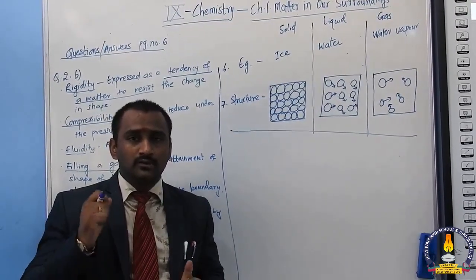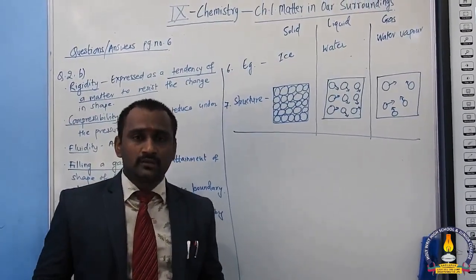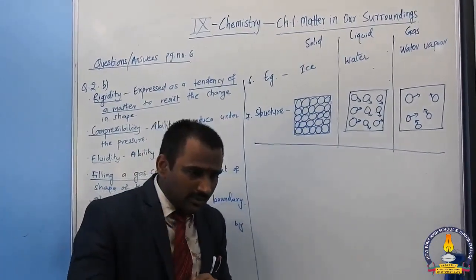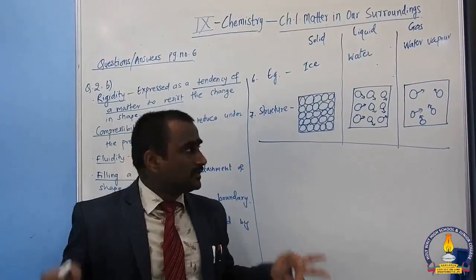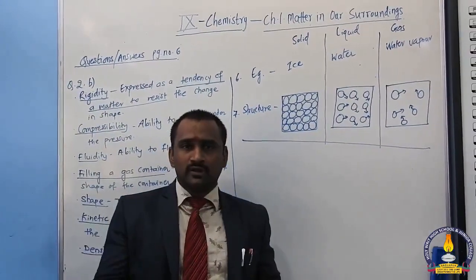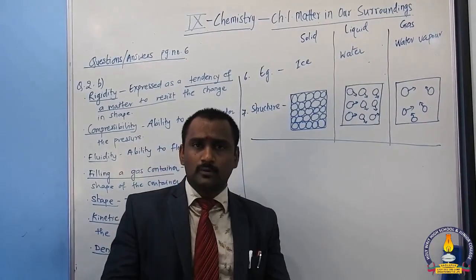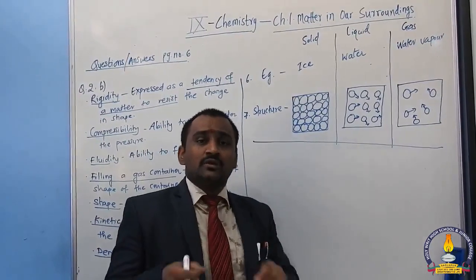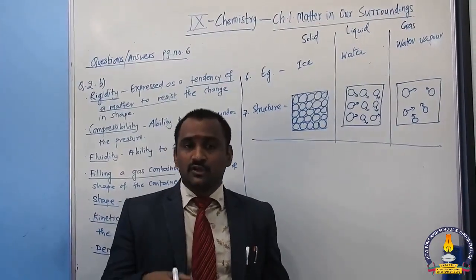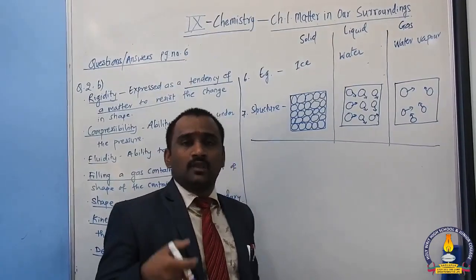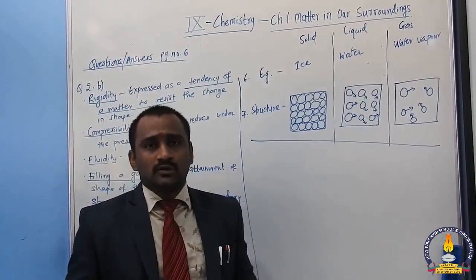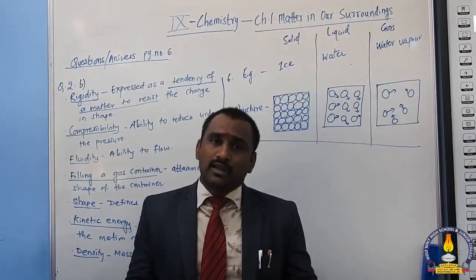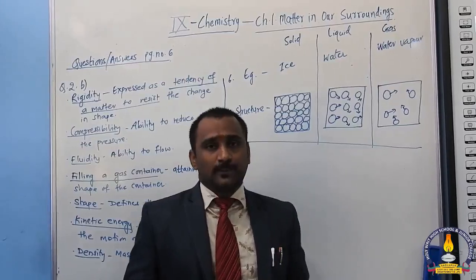If we hammer the wood one time, then it will not break. If we hammer it 2, 3, 4, 5 times, then it will be broken. Now the third thing is our nail. If we hammer it, then it will not break. If we hammer it so many times, it will bend. Meaning the rigidity of the nail is more than that of the wood as well as the chalk. That is nothing but the property of rigidity, and different solids will have different rigidity.